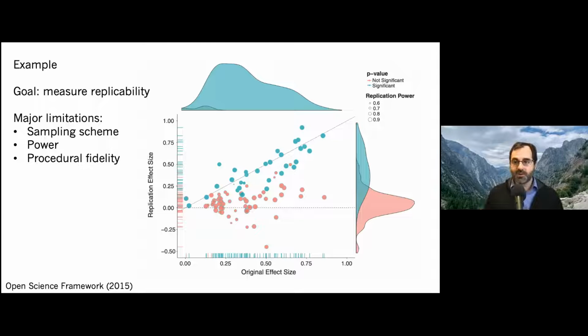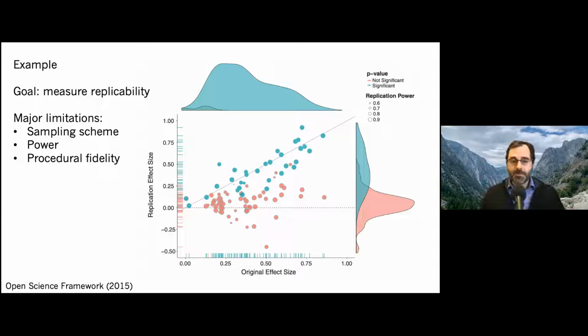Four of these dots on the graph, each representing a study, came from the initial iteration of my class. And the goal of the study was to measure replicability. The title of the paper is Estimating the Reproducibility of Psychological Science. And there are several things I might correct about that title. It's not reproducibility, it's replicability. And it's not of all of psychological science, it's of a particular sample. So it's more like measuring reproducibility in a particular sample of papers from psychology.